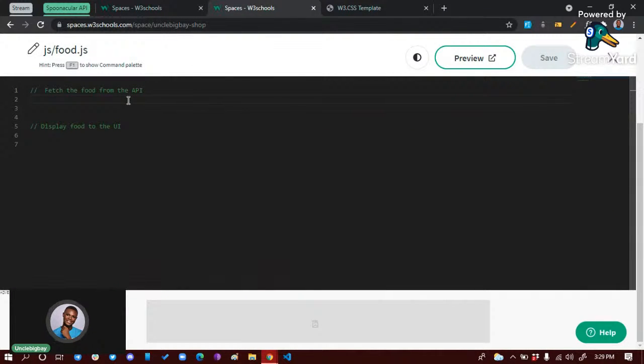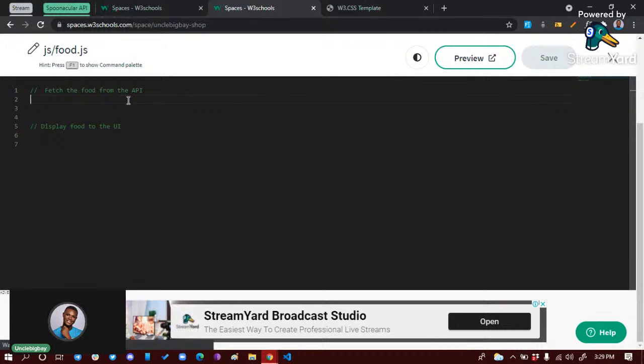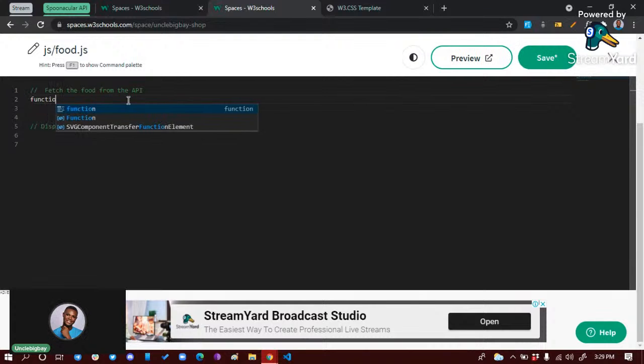To fetch this guy, we are going to have a function. I'm just going to use the normal function, not the arrow function, for anyone that might get confused. But I'm going to have two functions: I'll use the normal function in one, then the arrow function in the other. So for this one, I'll go with the normal function. I can have my normal function here, then use fetch. The name of my